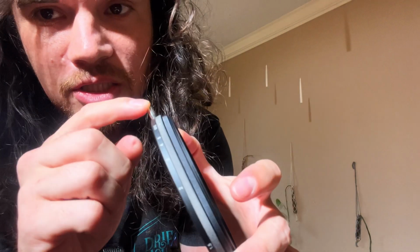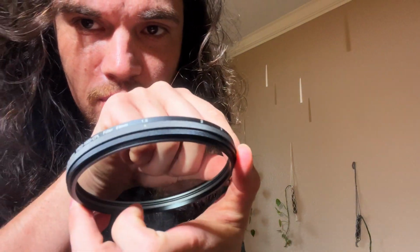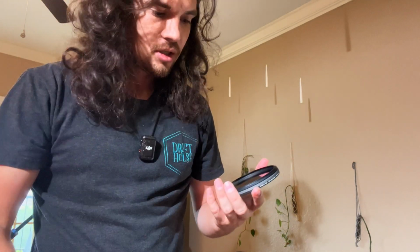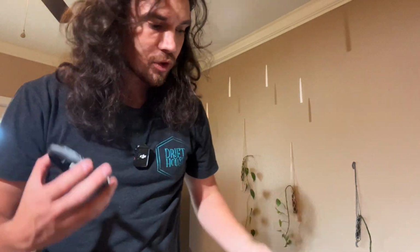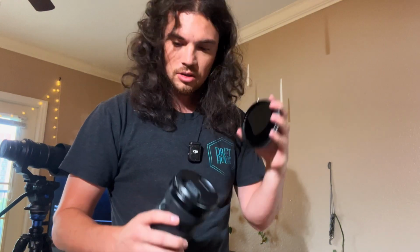Okay, hard stops on the ND, 1.5 to 5 ND stops. The reason I got this one is redundancy. Let's see how it works. I already got a fingerprint on there. Whoops. But more so, it is to fit this guy. 95mm thread. And then, if this is the right one, if this is like, oh, this can handle everything, then I bought a step-up ring to go from 82mm front thread size to 95, and have the ability